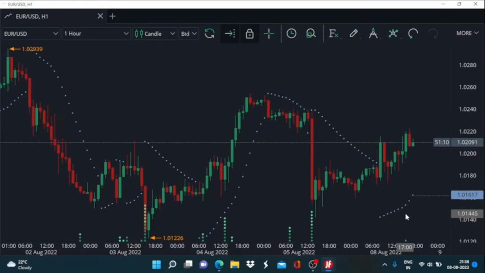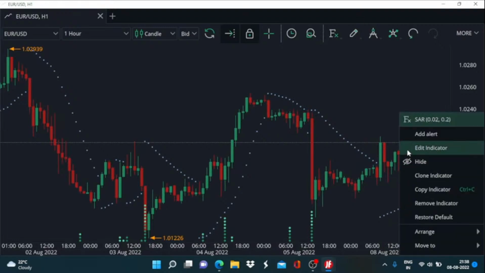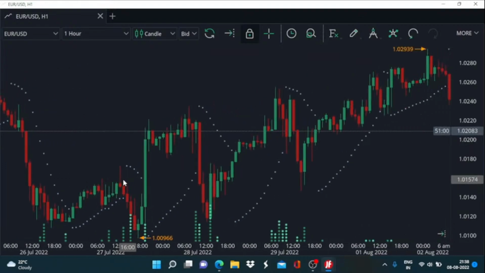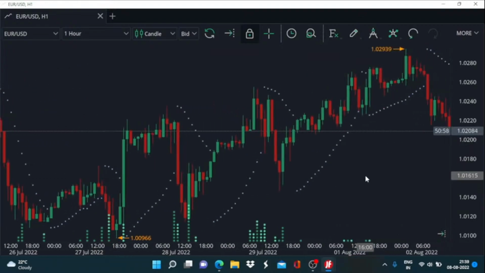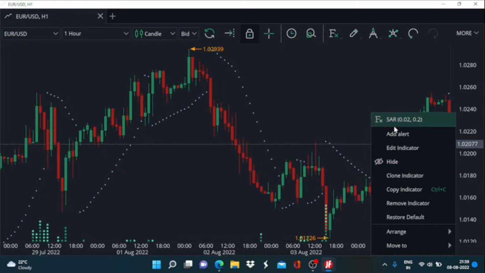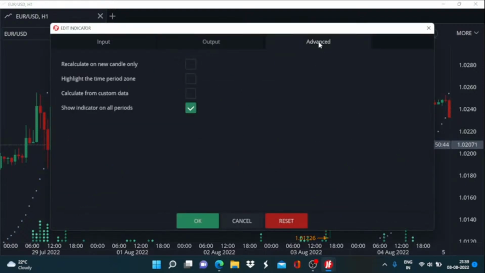So for that, you can make changes in these input options for the parabolic SAR reading, and you can customize it as per the requirement, or you can use multiple versions. You can use different sort of combinations. Now, this is based on the hourly time frame. Suppose if I change it to